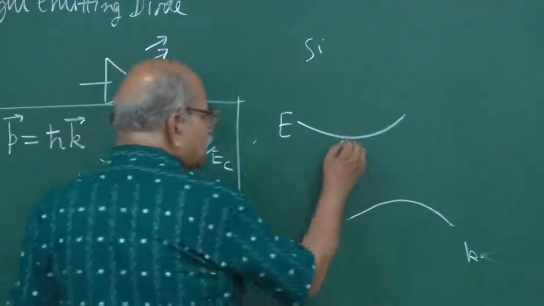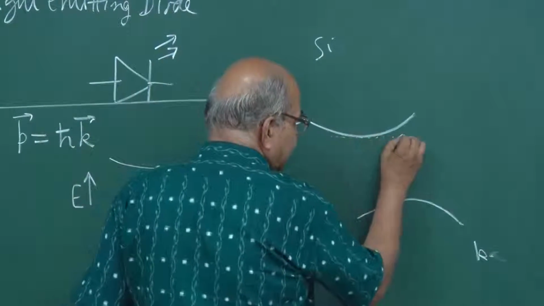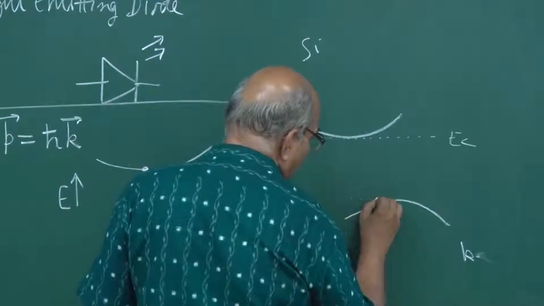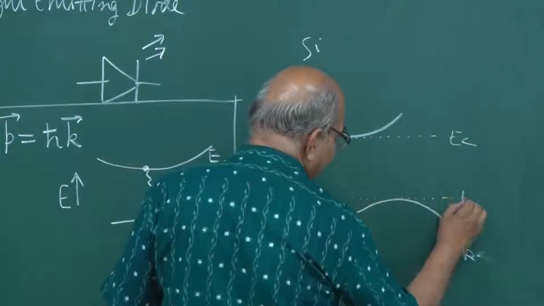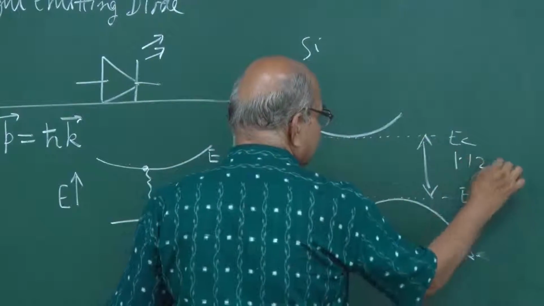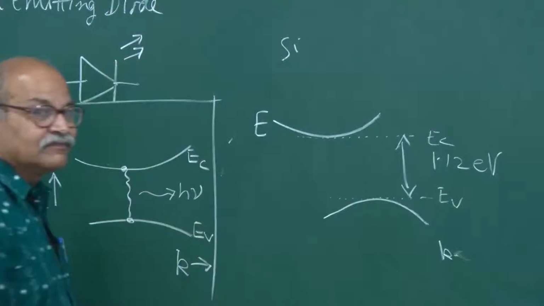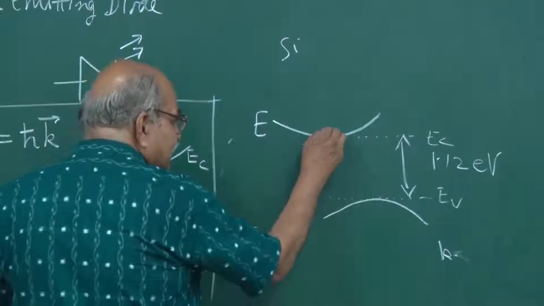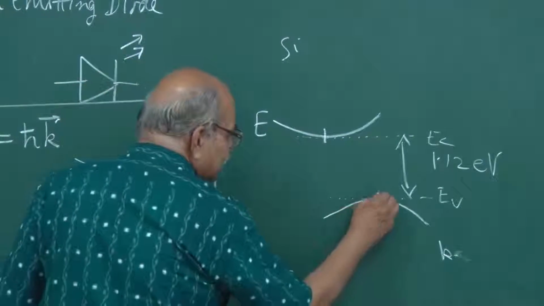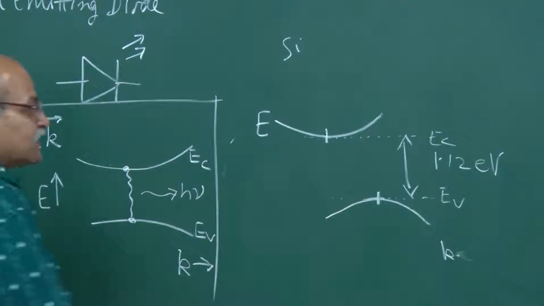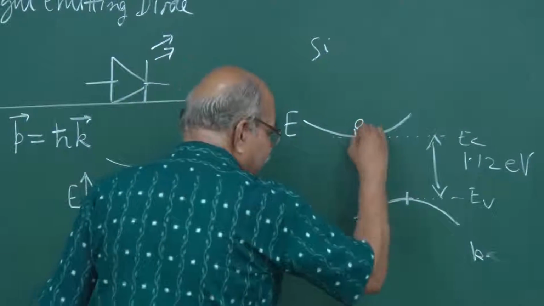The bottom of the conduction band and the top of the valence band are, yes, separated by 1.12 eV, but this minimum occurs at a different k and this minimum occurs at a different k. So if the electron has to go from here to here, somewhere here,